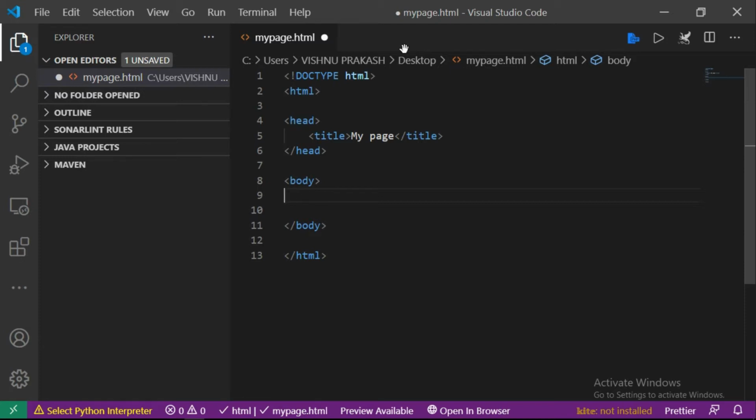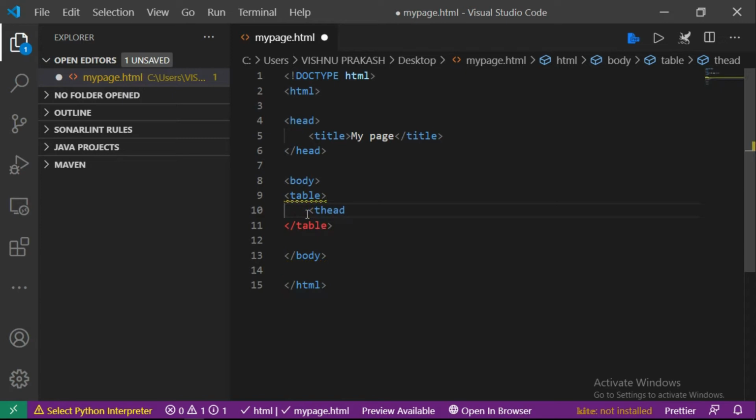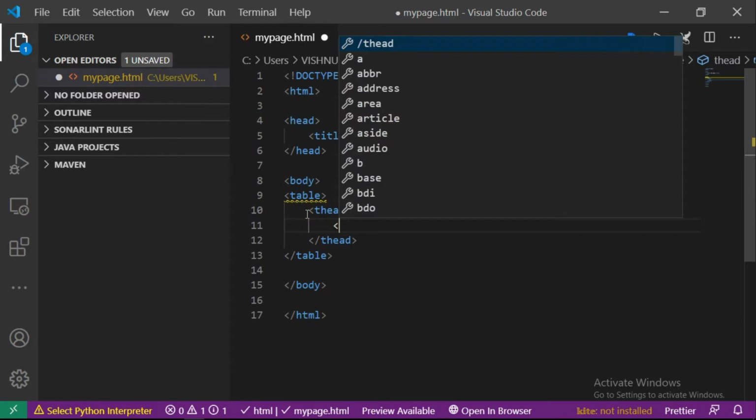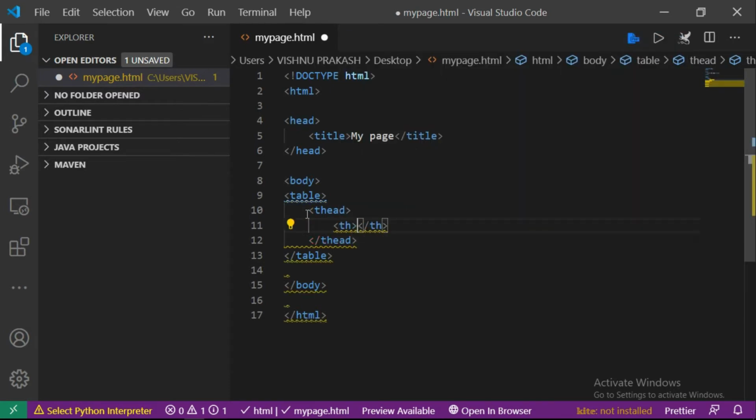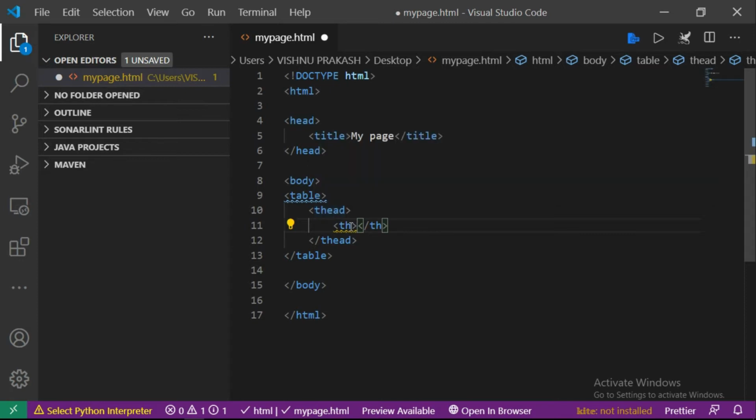So these are the default things: doctype, then a header, body. Inside the body I'm just making the table. So for the table we need to give the table tag. So the table is declared. Now for the table we need the table head. So I'm going with the table head. In the table head we can give the table head name. In that table we need to give the headings for each column. So for that, in th we are giving the things.